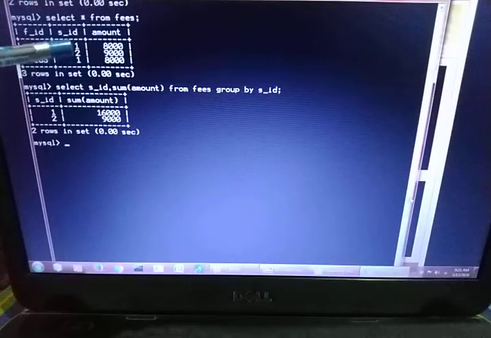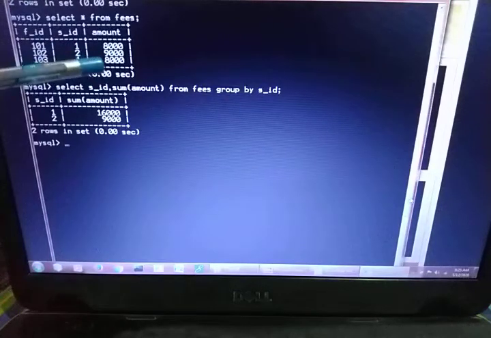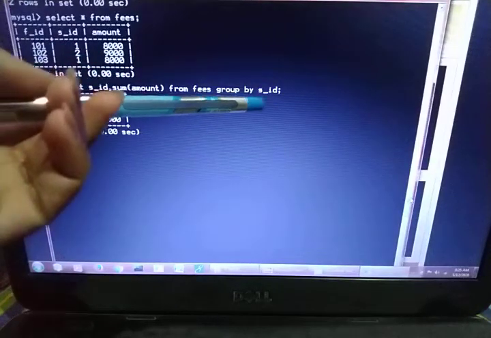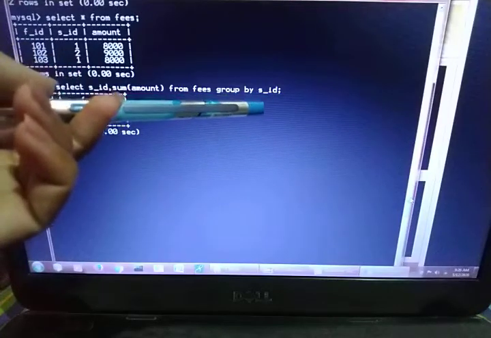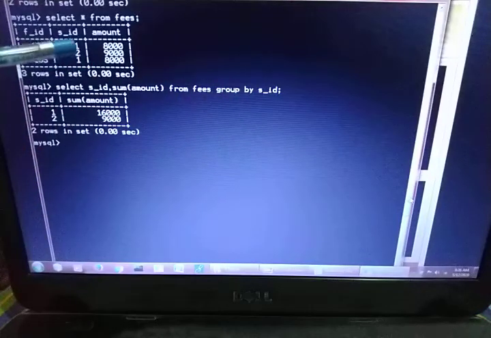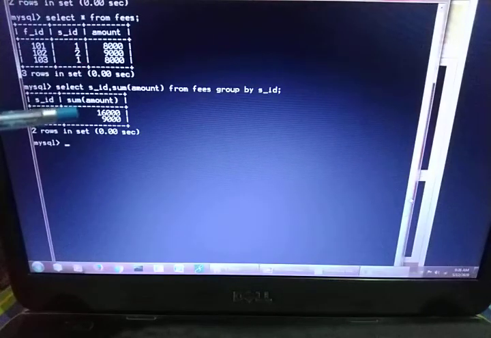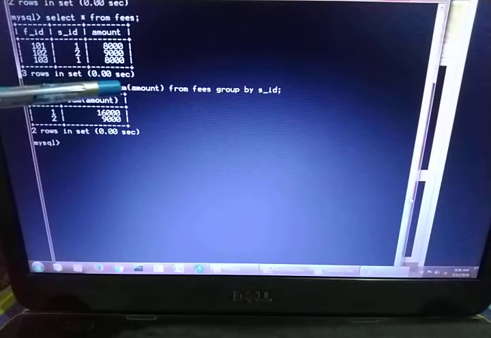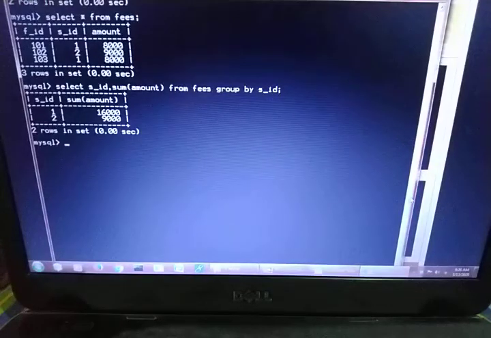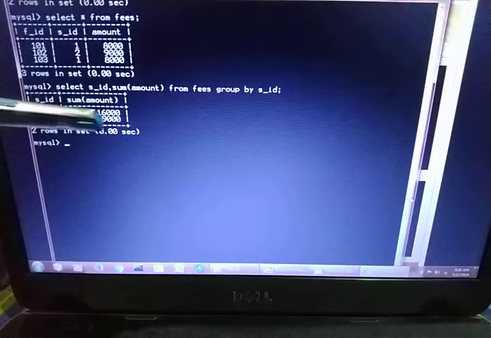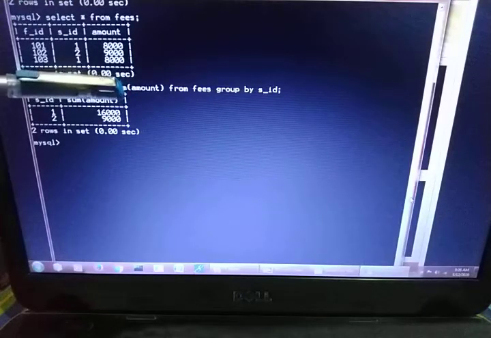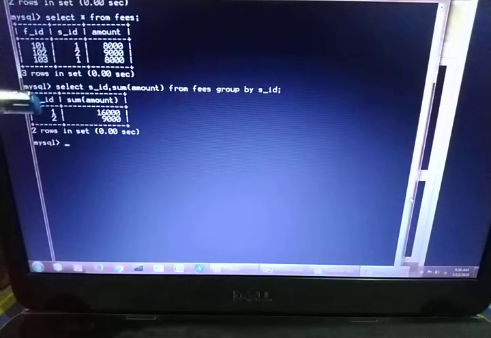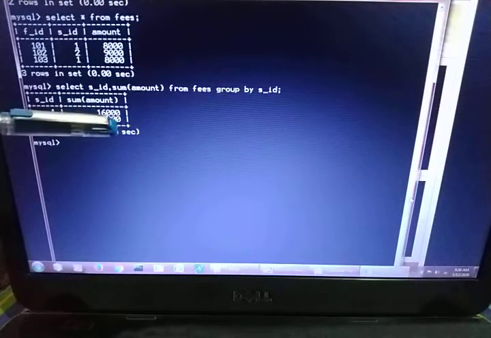There are two SIDs, SID1 and SID2. So I want to group your query with the help of SID. So when I group it with the SID, all the duplicate SID will be removed and it is grouped by a single SID. देखो सिंपल से अगर मैं समझाऊं तो ग्रुप बाय में करते क्या, हम ग्रुप बना रहे हैं ना, तो सिमिलर जो आईडीज होंगी वो एक साथ ग्रुप होंगी, है ना. तो यहाँ पे जो भी वन SID का अमाउंट होगा वो एक साथ आ जाएगा. क्यों? क्योंकि हमने सम परफॉर्म करा है किस पे, अमाउंट पे. तो वन SID का जितना भी अमाउंट था वो एक साथ क्लब अप हो गया, और सेकंड का जो था वो आगे और रिकॉर्ड्स ही नहीं थे, तो सेकंड रिकॉर्ड सिंपल शो कर दिया.